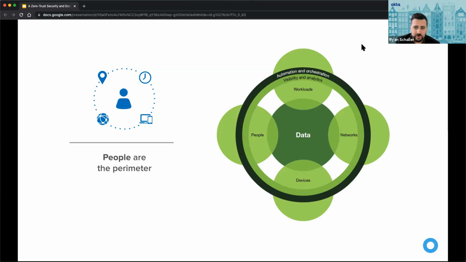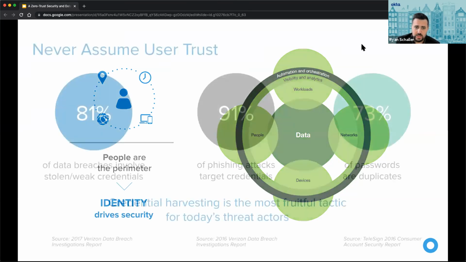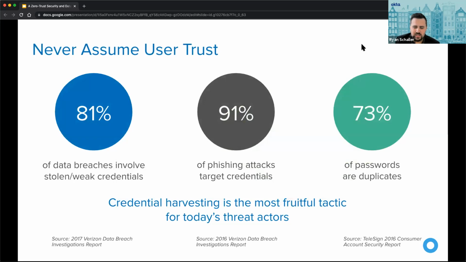For the people that are more internalized, like they're on the network, almost right next to the data center, maybe all they have to do is just an MFA prompt. Those are the things you have to be aware of, especially when you're trying to have a zero trust mentality, is that people are on the perimeter. And most importantly, identity is really what is driving access to all of these different systems.